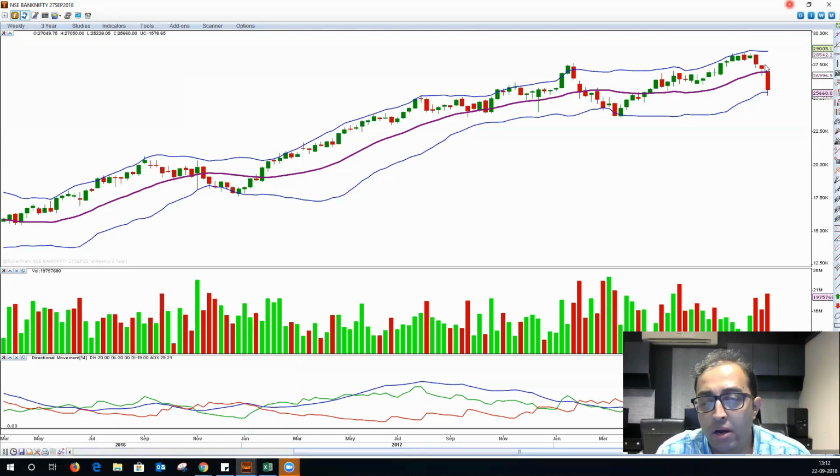The strong fall which we witnessed last week has now seen the prices hitting the lower band, and right now you can see that it's almost becoming flat. The upper band as well as the lower band are flattening out, which clearly indicates that the Bank Nifty could enter a range. And with no kind of support being lent to the Nifty, we could see some ranging action